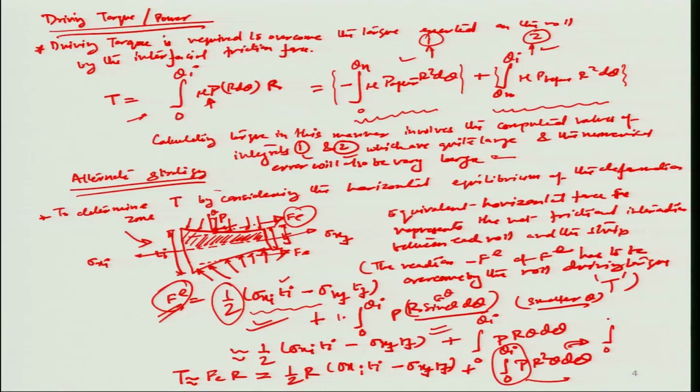One is 0 to theta n, P R square theta d theta, plus theta n to theta I, and this is for P after, and this is P before. Okay, P before R square theta d theta. So that's how you calculate the torque value, rather than creating a direct